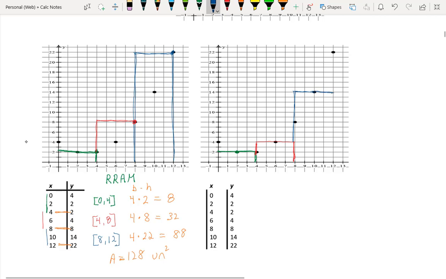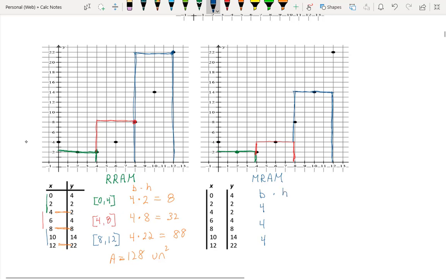Okay. Now, if I didn't have those midpoint values, I wouldn't be able to do a midpoint sum. But because I do, I can go ahead and do a midpoint sum here. All right. So again, the bases don't change. So this is called MRAM, midpoint rectangular approximation method. So the base is still 4 on all three of these guys. So 4, 4, and 4